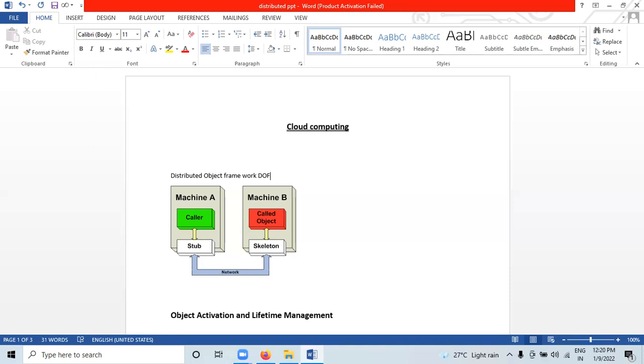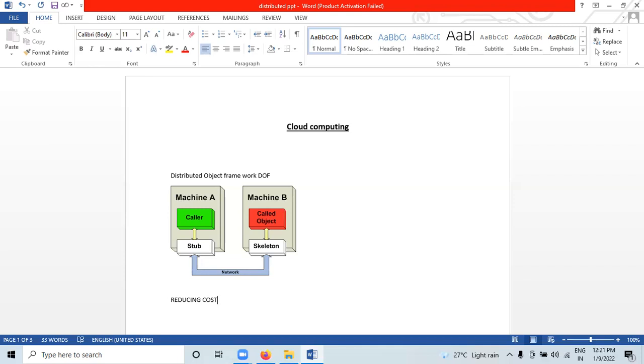Okay, reducing cost. How can DOF, that is a distributed object framework, help in the business line? First of all, it's reducing the cost. When all products adopt distributed object framework solution features, their implementations are already prepared because